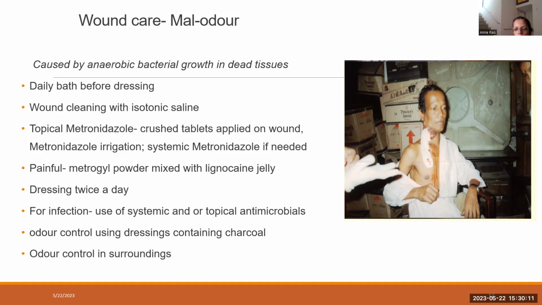So we can use charcoal pieces kept under the patient's bed in a bowl. Even newspaper cuttings can be placed under the patient's bed sheet, so the carbon in the newspaper will absorb all the odor molecules. So it will help in reducing